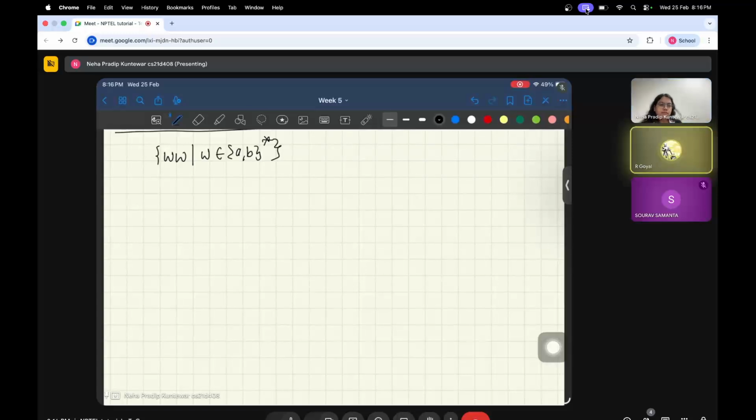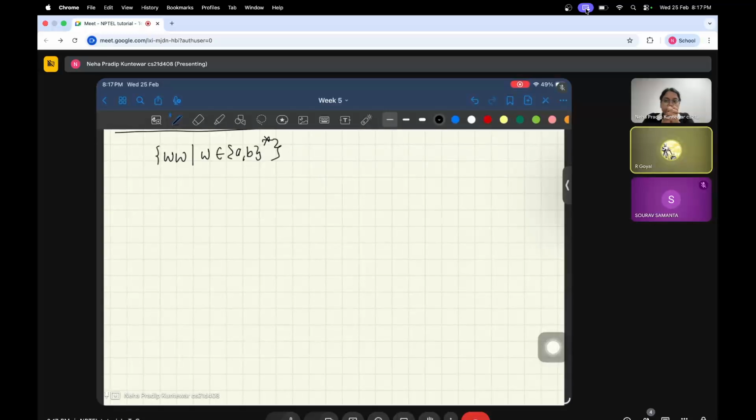So in this case, WW. So I mean, which string should I take here? WW and... So I guess I can take that 0 raised to the power p, 1 raised to the power p, 0,